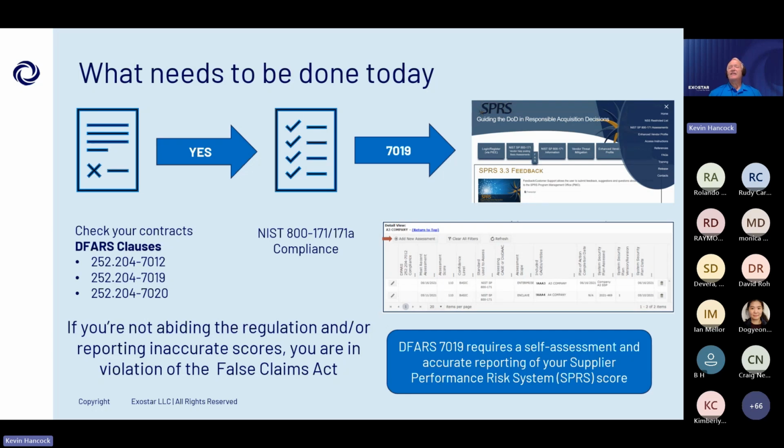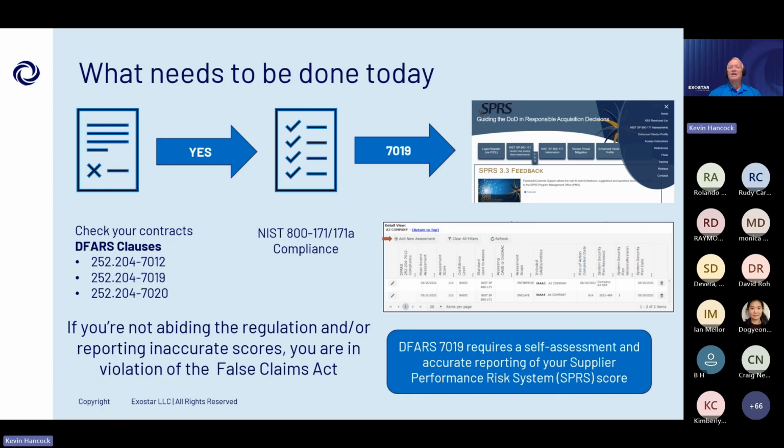And there are clauses in your contracts today, either with the Department of Defense or because you're a subcontractor with those primes, where they've flowed down requirements to you based on those DFARS clauses, those Defense Federal Acquisition Regulations. So if you've got those 7012 or 7019 clauses in a current contract, you should be familiar with